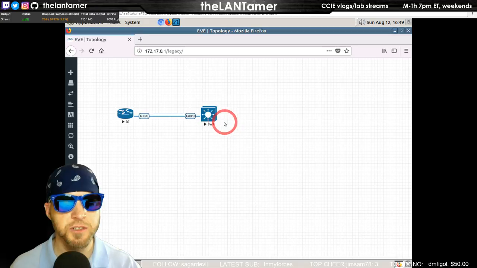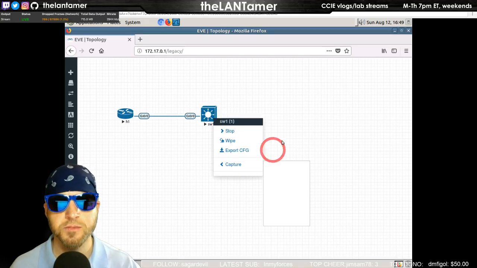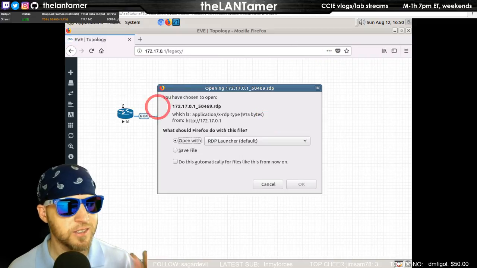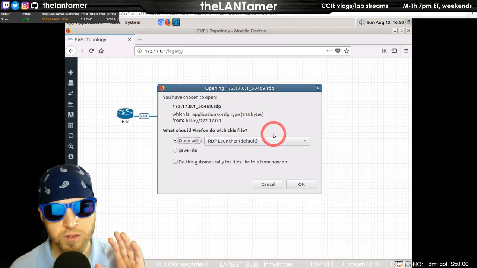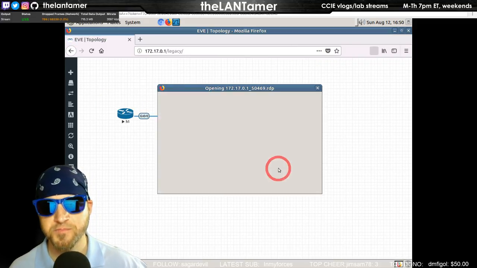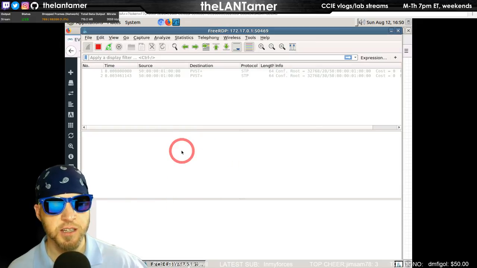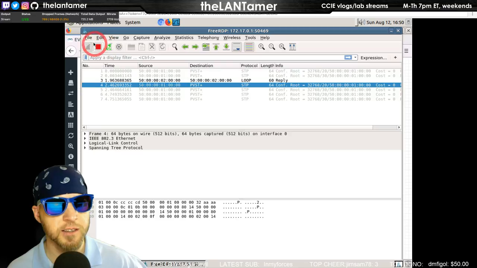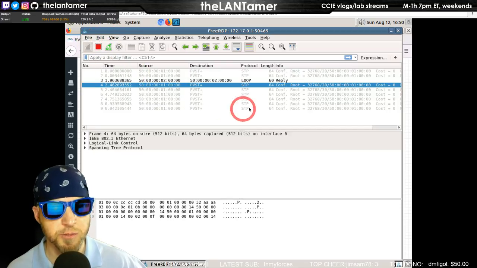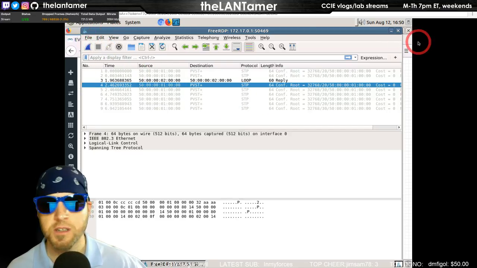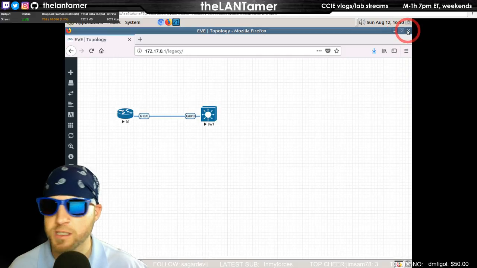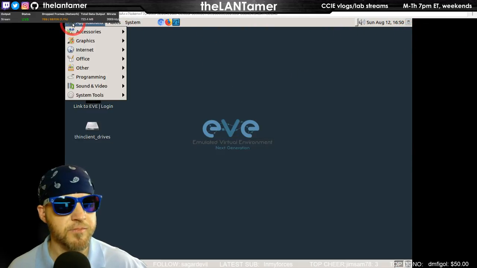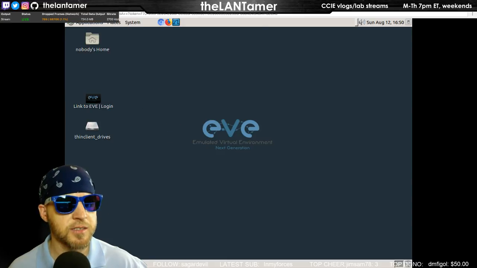But if you do a Wireshark capture, for example, it's going to run inside this VM, and this should be a stable option for you. This does kind of like the native console, it does RDP, and here you have your packet captures. I think you can save them the same way to your PC if you want. This is very stable, allows you to work in a sandbox, as it were, and gets the job done.